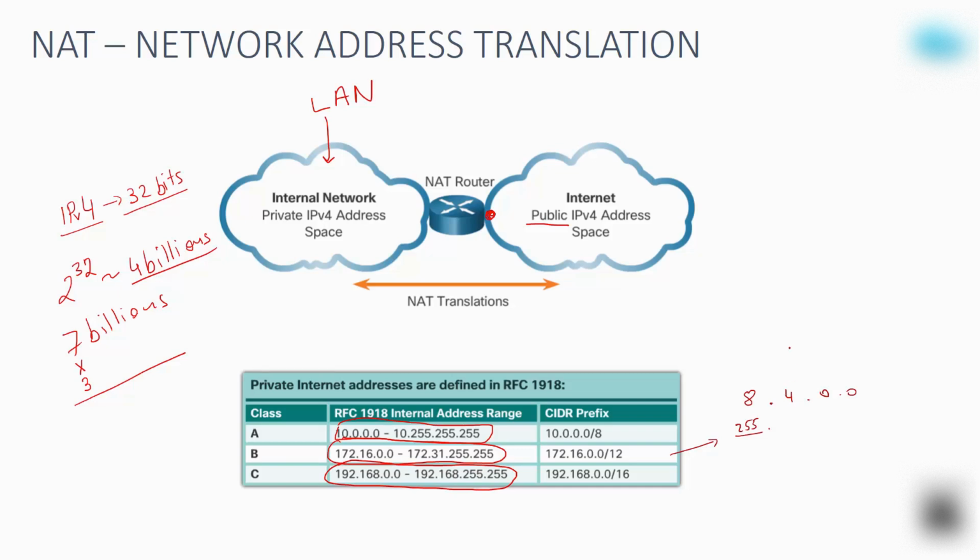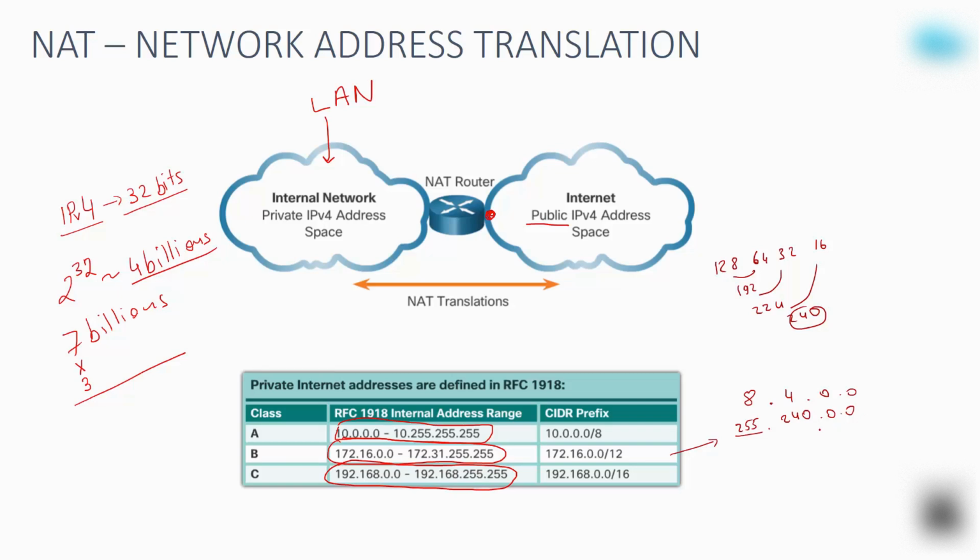Then we have 4 bits in a row: 128 plus 64 plus 32 plus 16 gives us 240. So our subnet mask will be